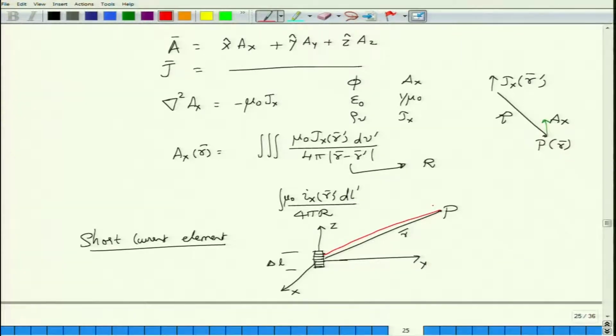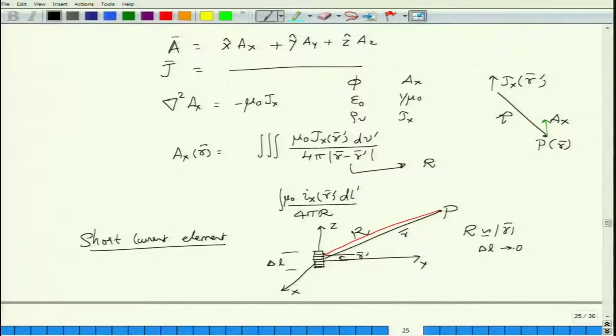They are so close to each other that I can't really distinguish between the red line and the black line. The black line represents the distance from the origin to the point P, which is the vector r, and this vector from here is your r prime vector, the source point vector, and the red line is the vector R, or the magnitude of the vector. As I said, we are so far away that the distance R from the source to the field point is approximately the same as the magnitude r. As you can see, they are almost the same, and this approximation improves as delta L goes to 0.